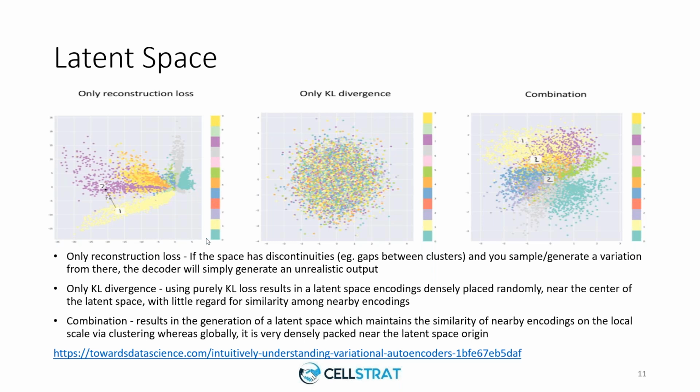And this is an MNIST data set that it has been trained on, and the output or the cluster is provided on an MNIST data set with different colors representing different digits. What we see over here is that though there are clusters, there is a lot of gap between clusters. Now, if I take this particular point in this space and try to reconstruct an image out of it, it may not give me a particular digit because it's coming from this gap which doesn't have any representation. So this is the disadvantage of reconstruction loss, where there are a lot of gaps in the clusters and it may not give me an accurate or correct digit once I generate a point.